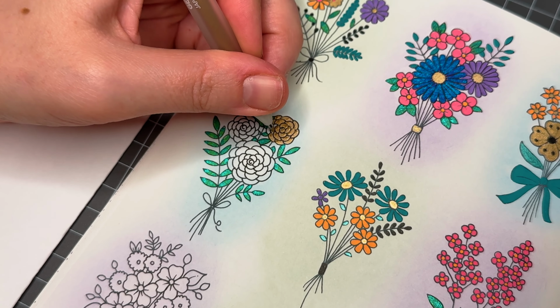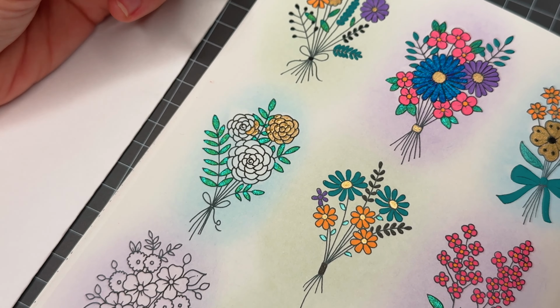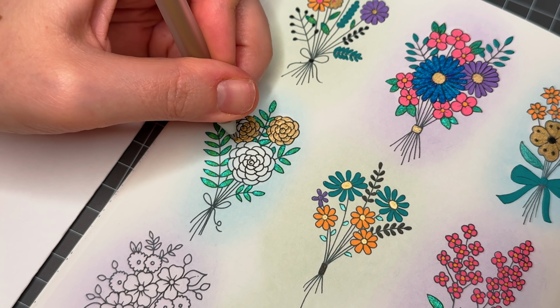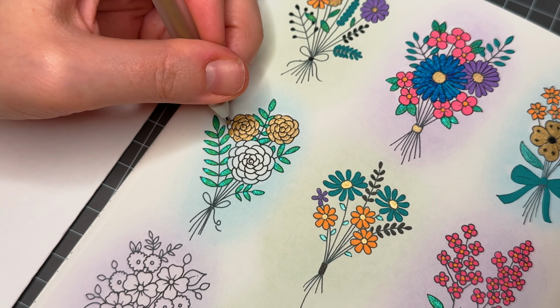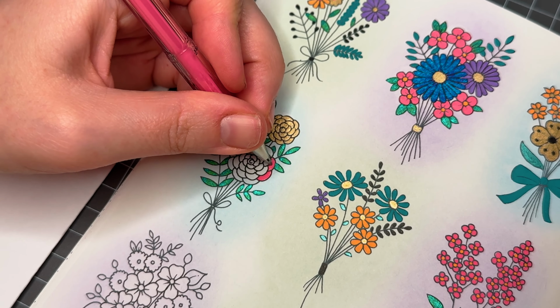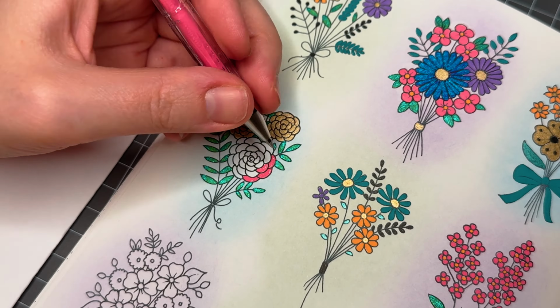I find these flowers, when I do these in pencils, so when there's bigger versions of these, I find these ones really hard to shade because the petals are more squishy. So these are just lovely to do in gel pen. And again, this type of flower really shows why staying within the lines and keeping those lines there is good, because if you went over them, you wouldn't see any of the detail. So trying to keep within those lines as much as possible, as close to the edge as you can get